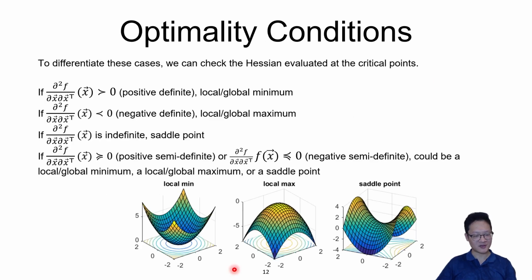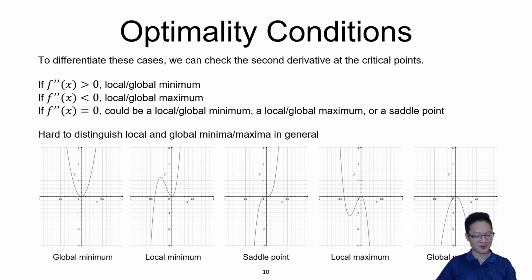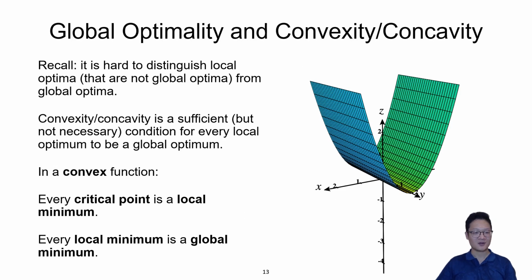Okay, so in general, maybe one pattern you see is that I always say local/global, because these tests don't actually tell us whether we have a global minimum, meaning the function is the lowest here compared to everywhere else, or it's just the lowest here compared to the surrounding points, right? So in general, the derivative tests cannot tell us whether something is local or global. However, when the function is convex, then every local optimum, meaning minimum or maximum,